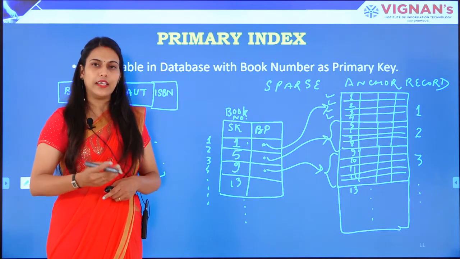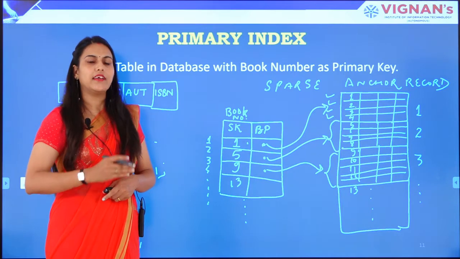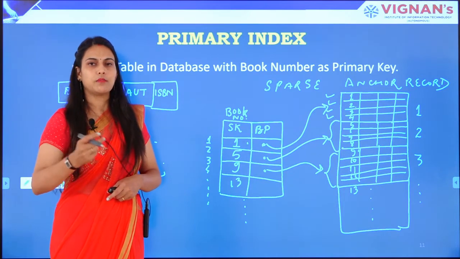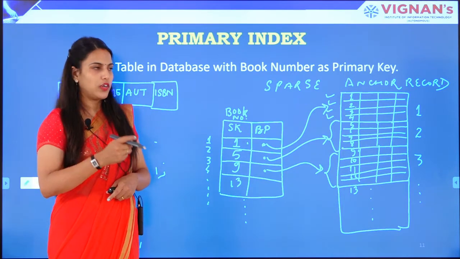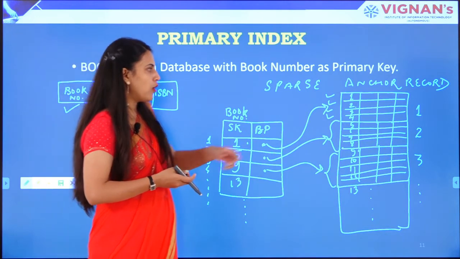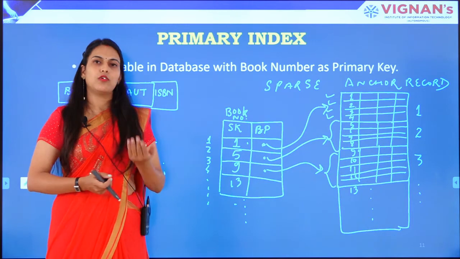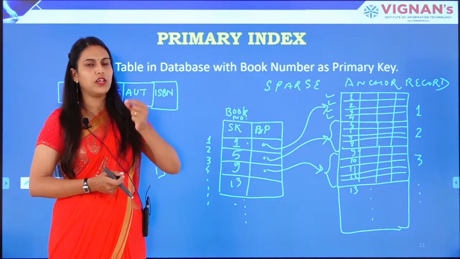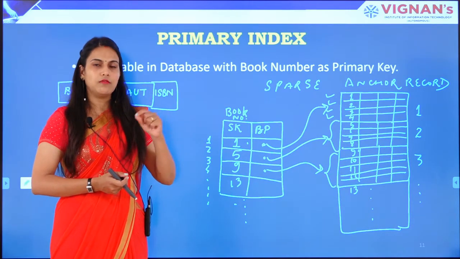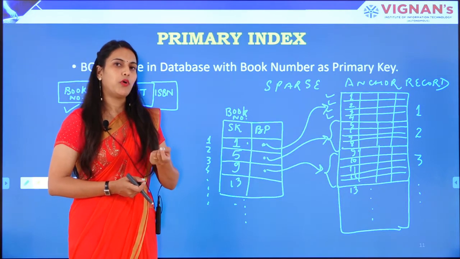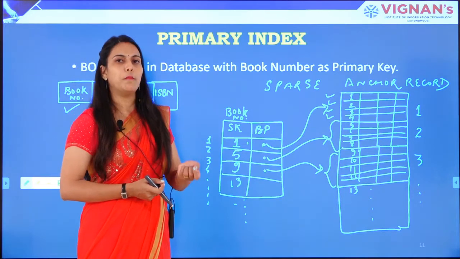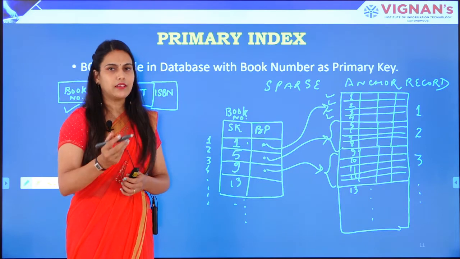This is known as dense indexing. So primary index was having two variations, sparse and dense. In sparse, whatever number of blocks we have, that many entries we will make in the index table, but in case of dense, we will make individual entry for the individual record, which will make managing the pointers very complex. So usually primary index, we created a